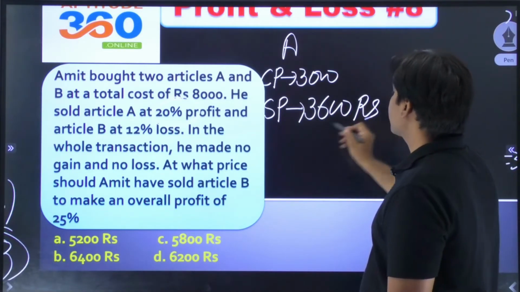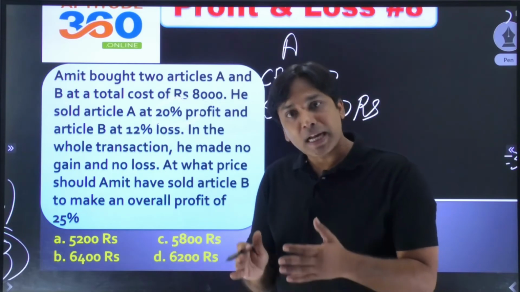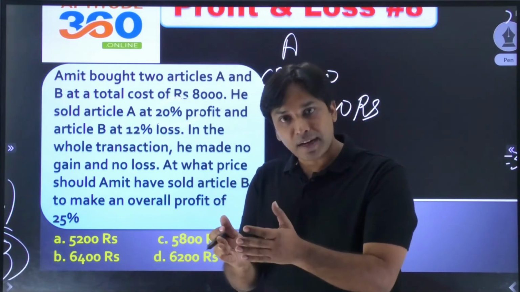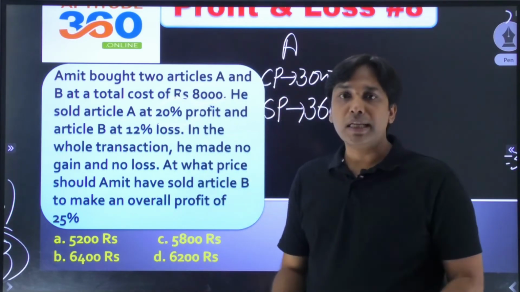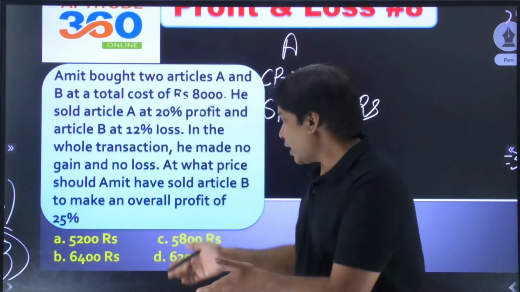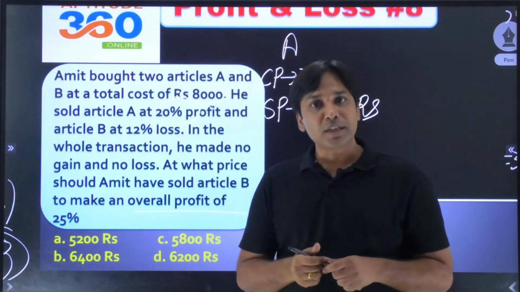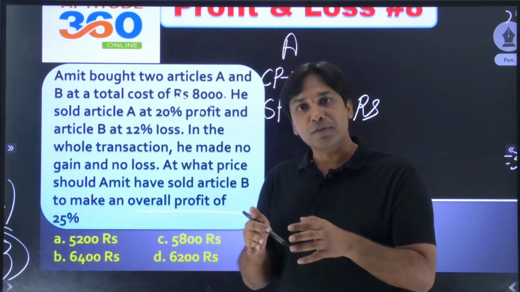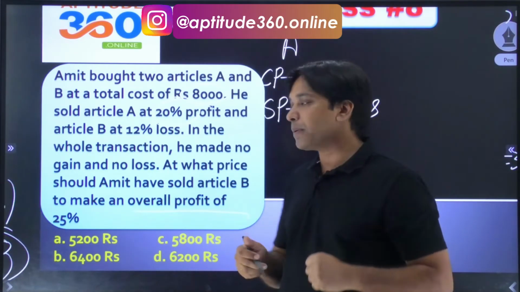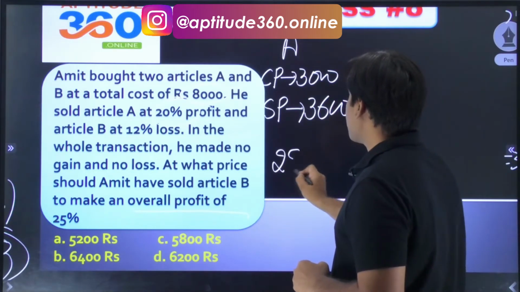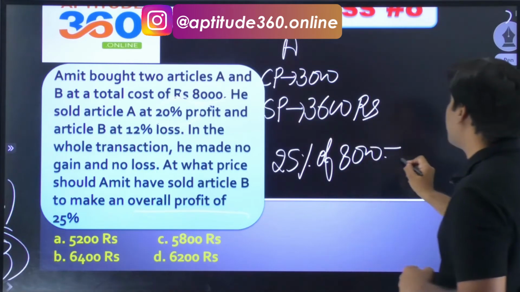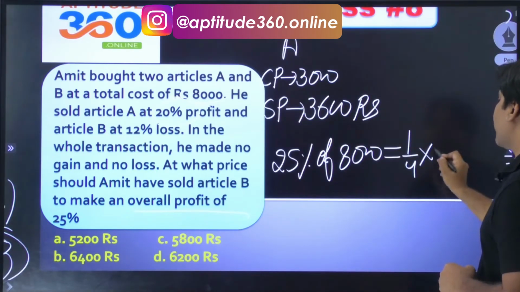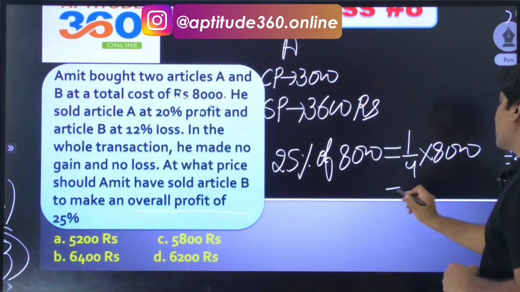and then you will have to make a total profit of 25%. 25% किसका बनाओगे आप? 8000 का। भाई कलेक्टिव कॉस्ट प्राइस इज 8000 and if you want to make an overall profit of 25%, that 25% profit will have to be made onto 8000 rupees. So what is 25% of 8000? ये सारी की सारी ना मेंटल कैलकुलेशन करना सीख लो आप लोग। 1/4 of 8000,